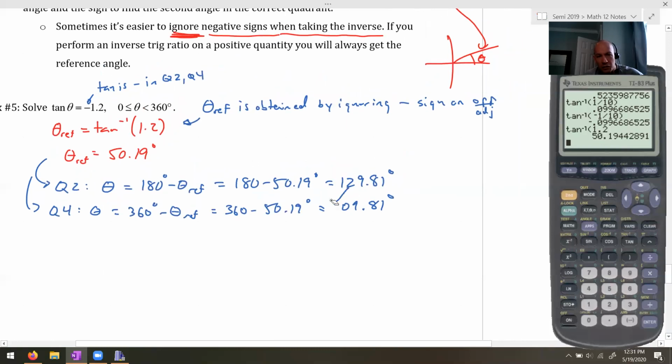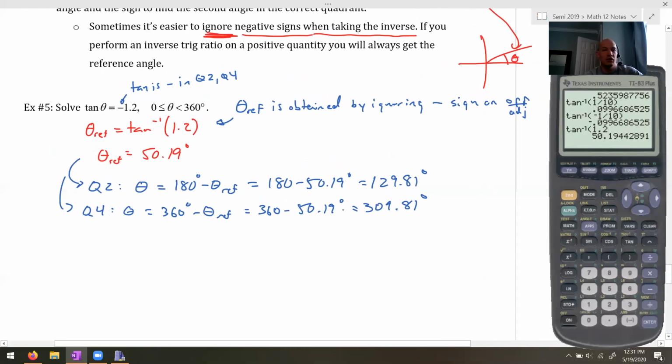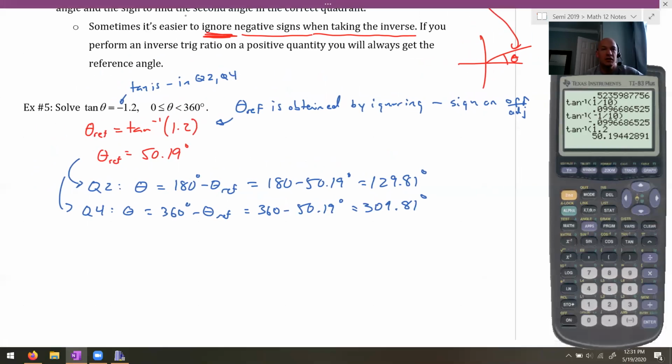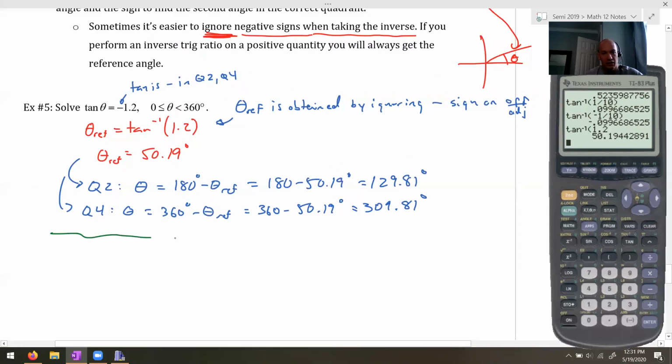Cool, okay. And that's actually just about it. Now, when I came up with this example, I wanted to show what would happen if you did not ignore the negative sign. So this is a slightly alternative way. If you choose to not ignore the negative sign,